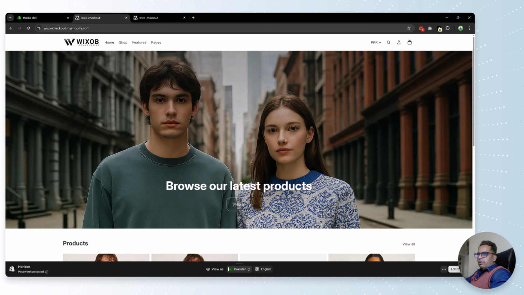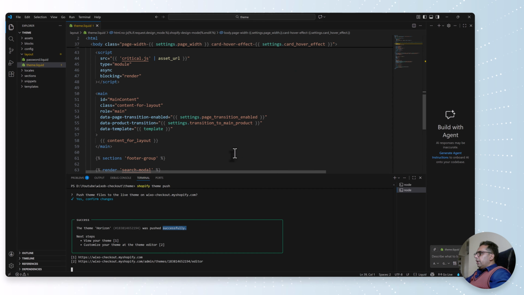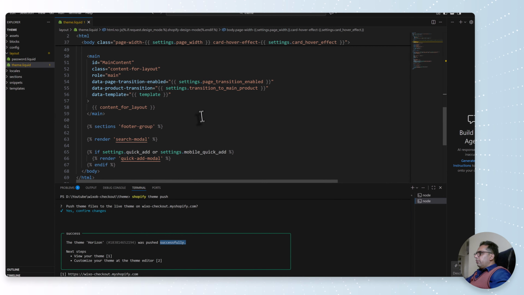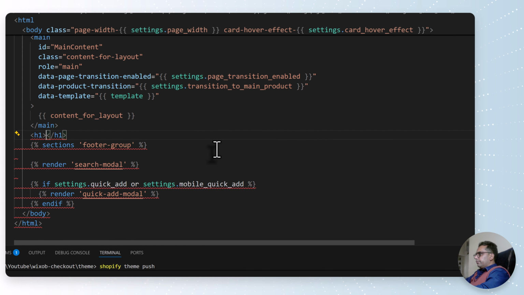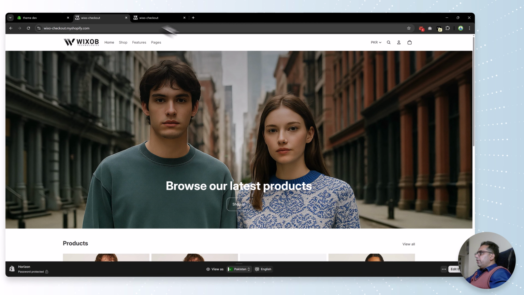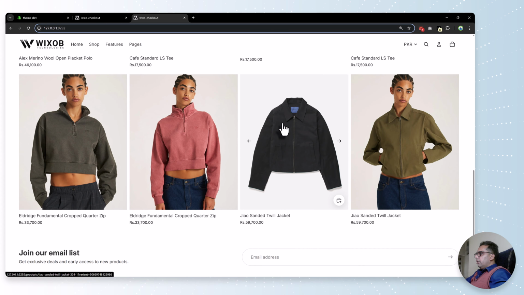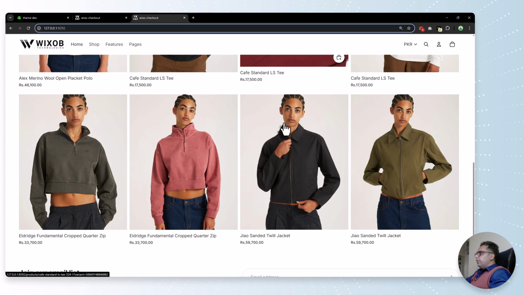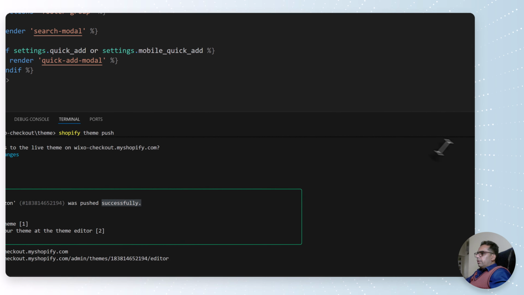So let's make some other changes and let's try to add something. H1, this is a test, and now save the changes, and you can instantly see those changes on your local version. So this is a test. Let me find, this is okay. Let me go here